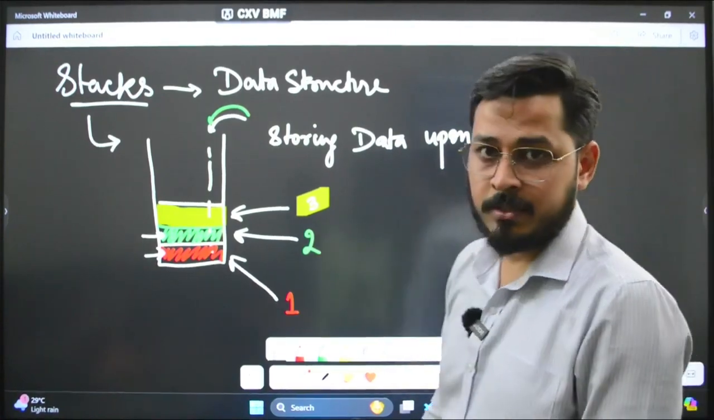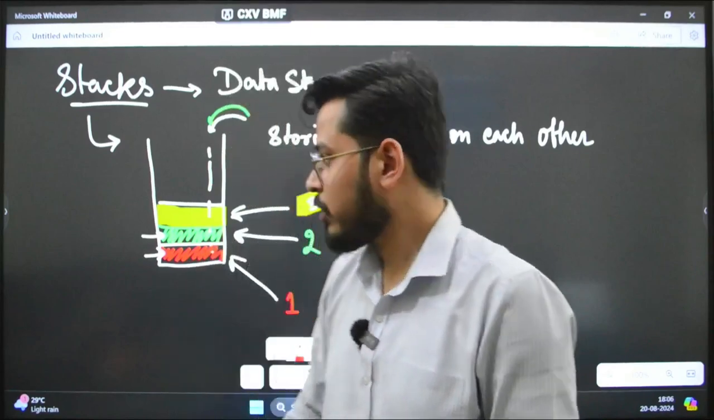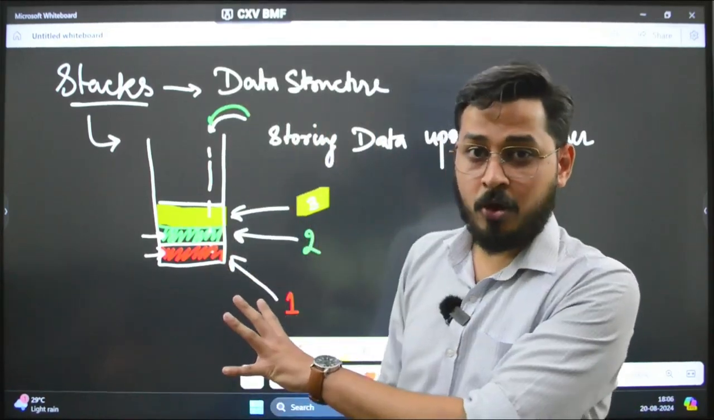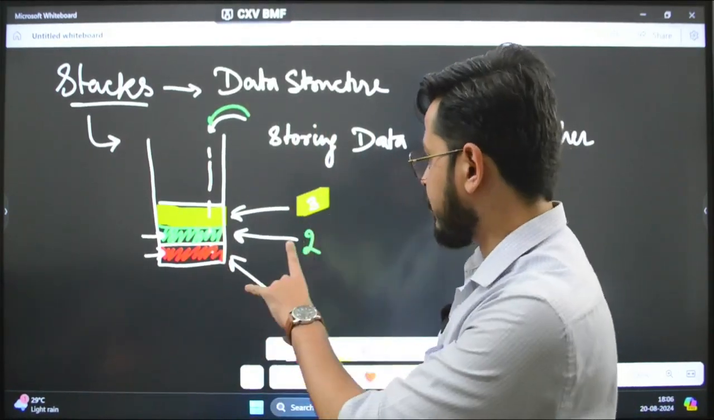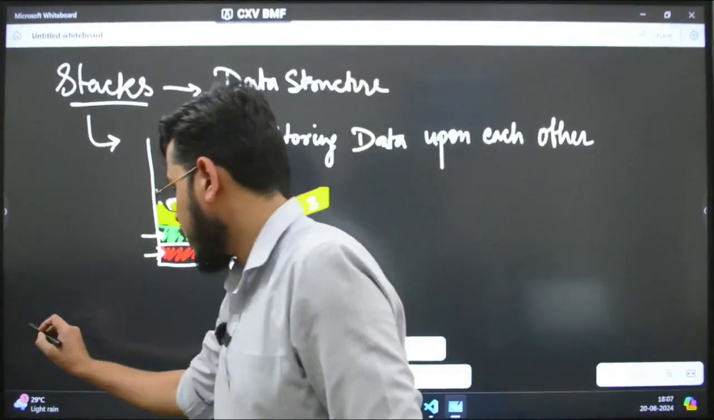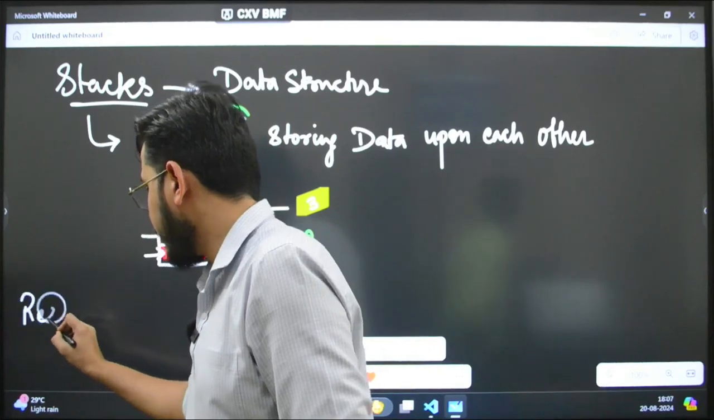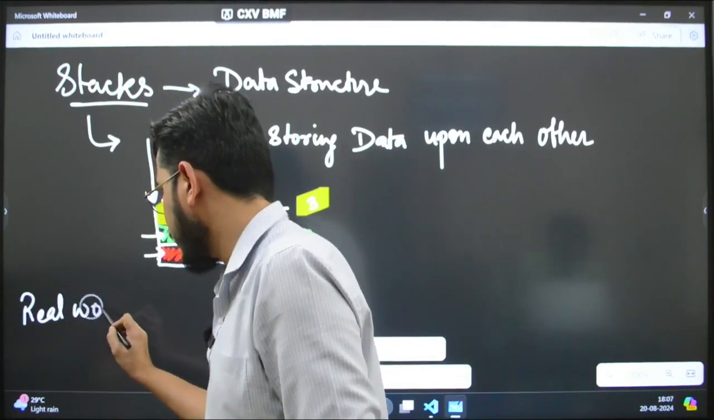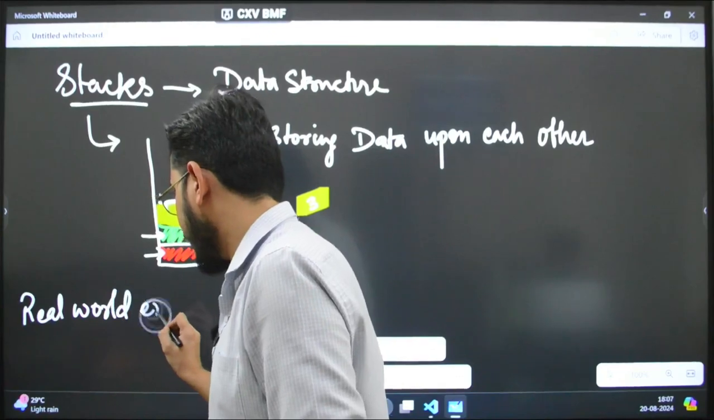Okay, this is your stack data structure. We'll come back to this later on very soon. Pausing this right now, understanding the real world example. If we talk about a real world example,